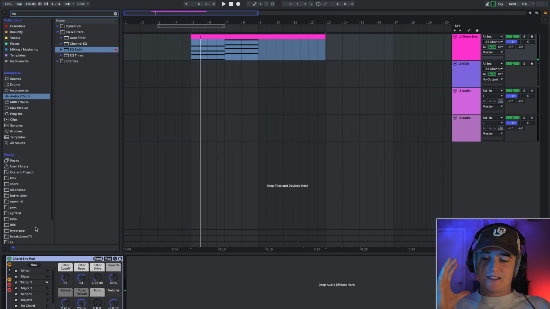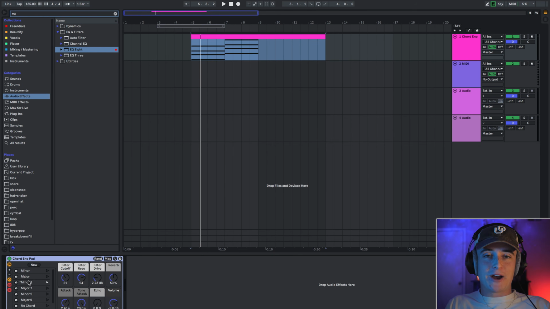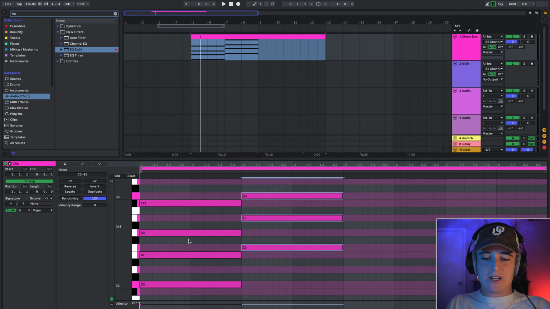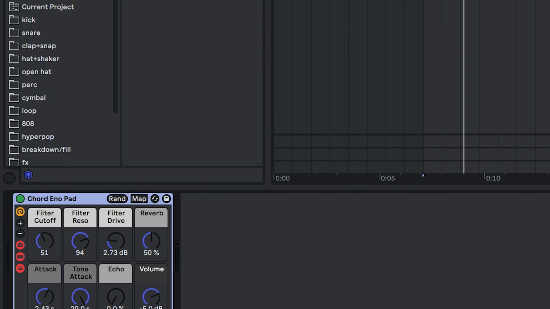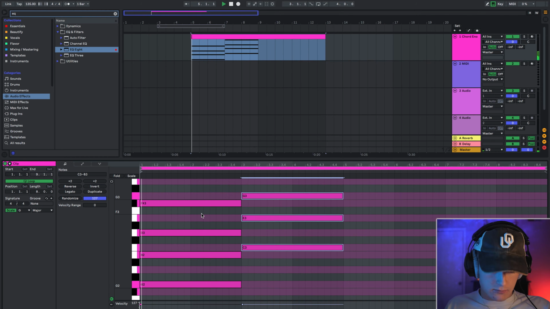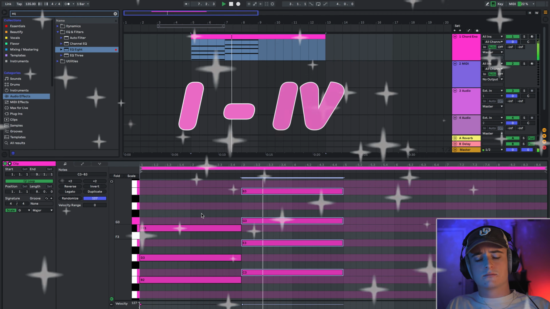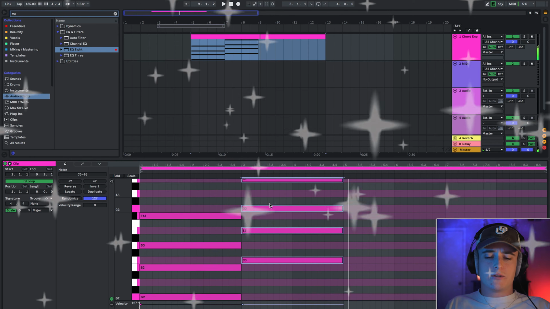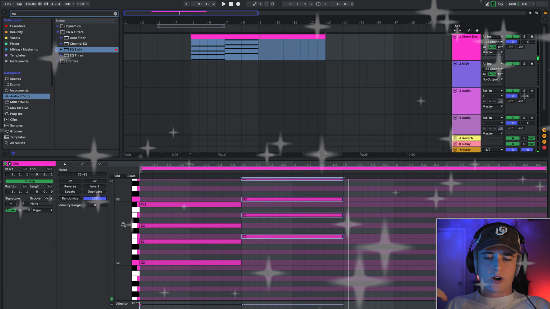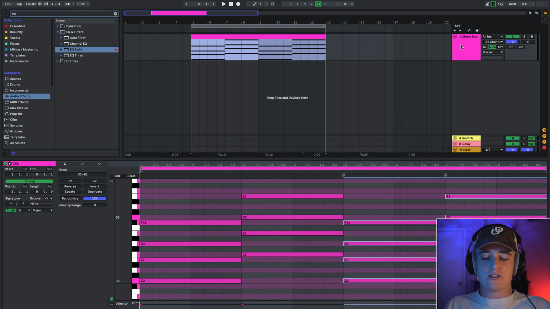I just realized this instrument has variance down here, and this whole time, it was playing a minor 7 no matter what I did to the MIDI notes. We don't want that. We want to adjust the MIDI, so we're going to click on no chord, and it's not going to be messing with the MIDI. Now we have a beautiful 1-4 chord progression. Let's loop this section, add a bunch of instruments and drums, and then arrange the song later.